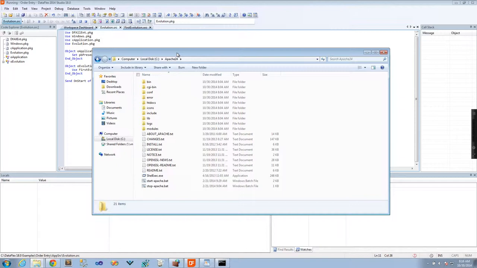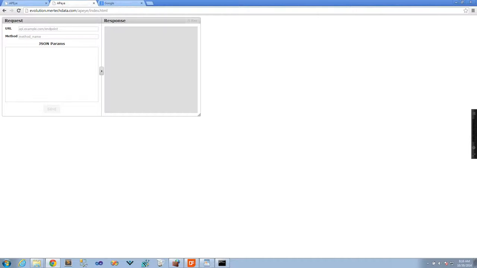And essentially, it also has a testing interface that for now is the testing interface we give you to use with Evolution. When you go into this Apache folder here, there's a startapache.bat, and this is a fairly smart batch file that will detect what ports are being used on your machine and try and find an open port to run Apache on so you can do this testing. So I could go ahead and start it, but for now I'm going to show you we have a test server up also on